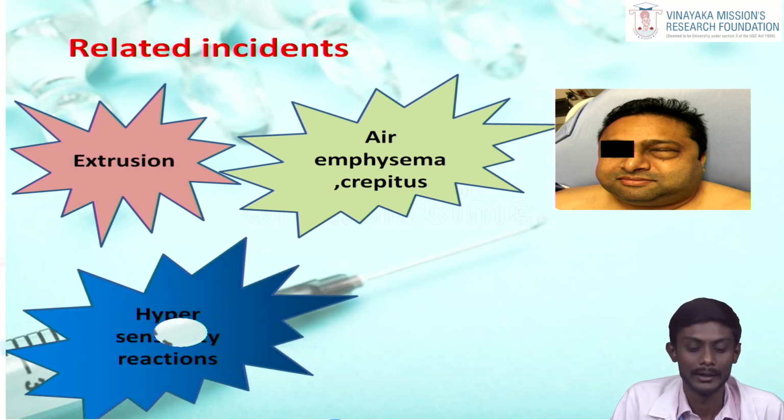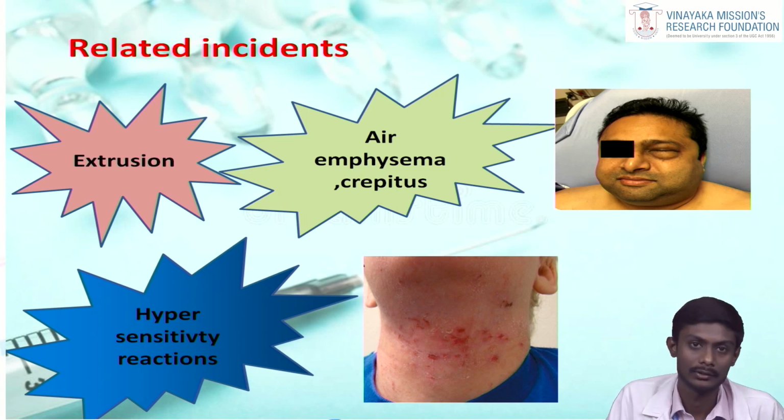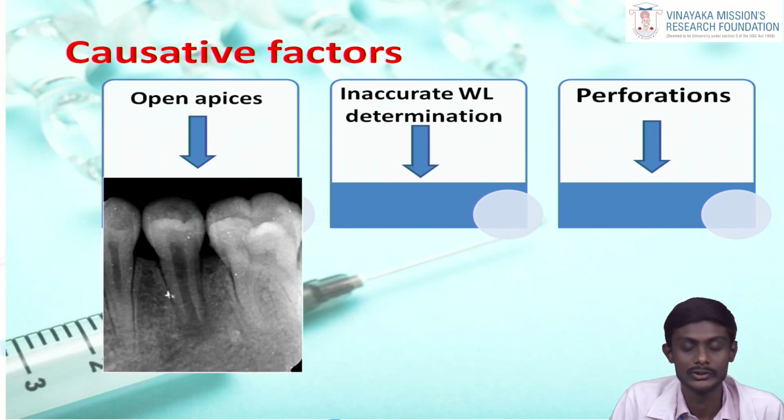The next common related incident is the hypersensitivity reaction. Some individuals have hypersensitivity reactions to the chlorine present in the sodium hypochlorite, which mainly causes the type 4 hypersensitivity reaction. The main causative factors for the endodontic related irrigant mishaps are open apices, which are completely formed